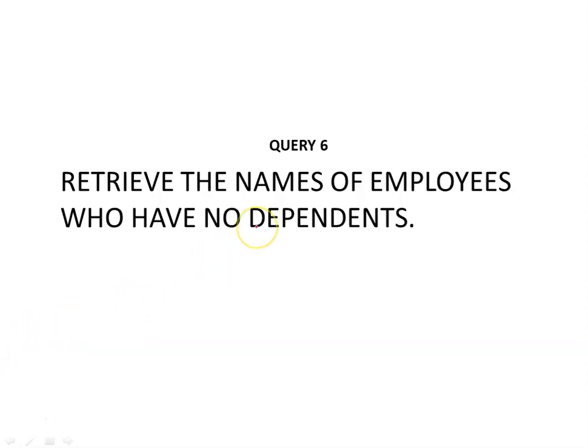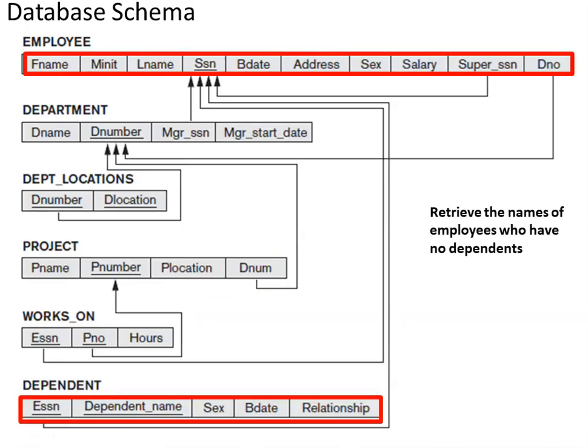A similar query over here wherein you have to retrieve the name of those employees with no dependents. That means an employee where the number of dependents is equal to 0. Again we require the same relations. We require the employee relation and we require the dependent relation. Basically, logically speaking, those SSNs which do not appear in the dependent relation do not have any dependents. We see how to do it in the form of a relational algebra expression.